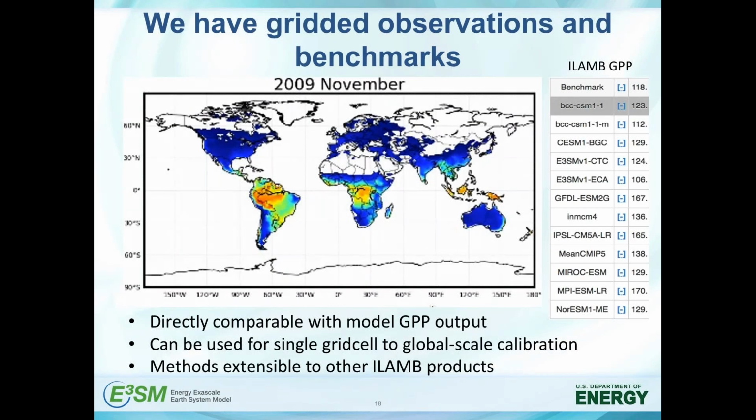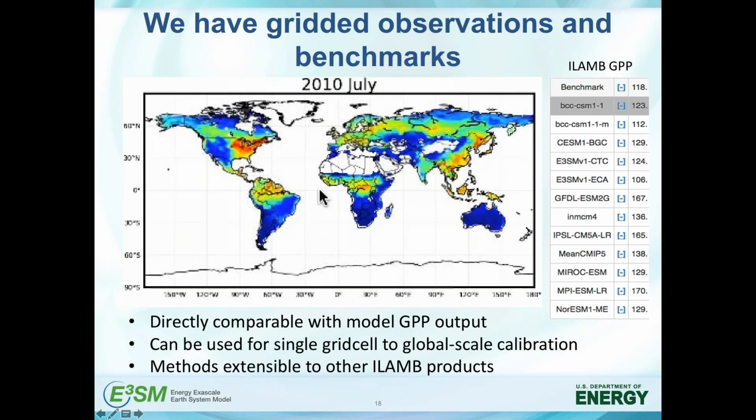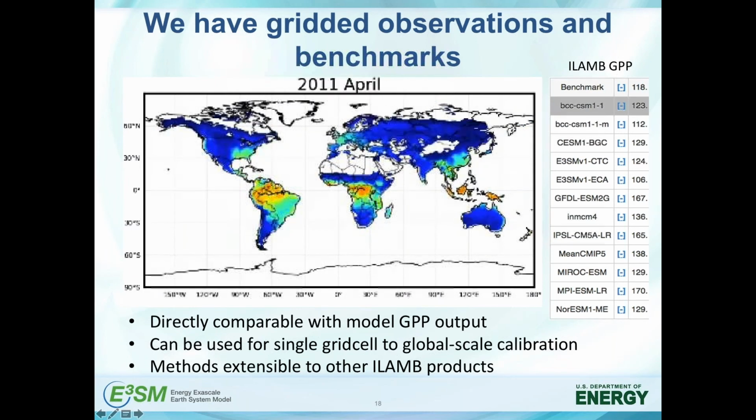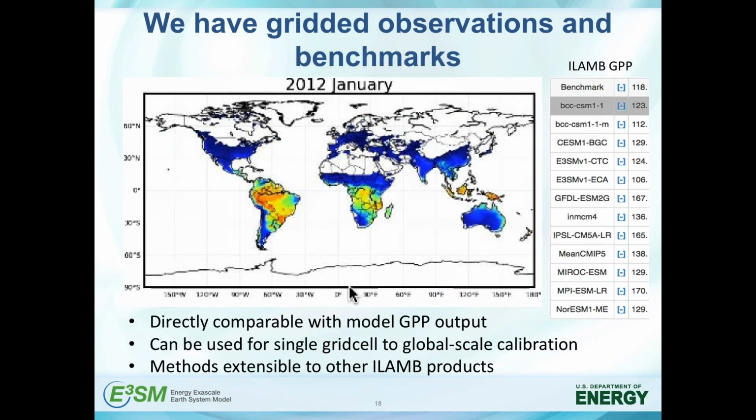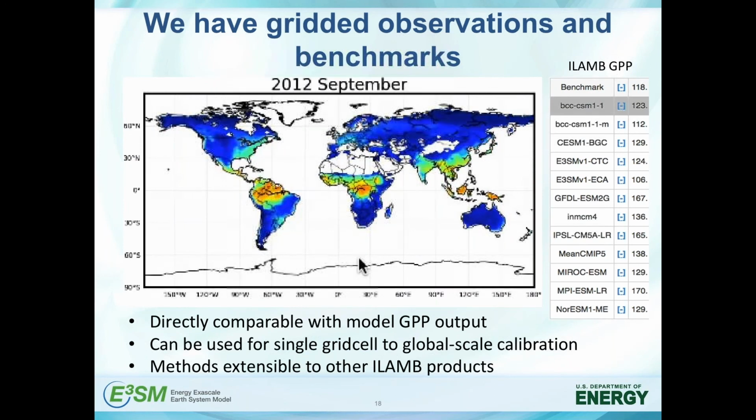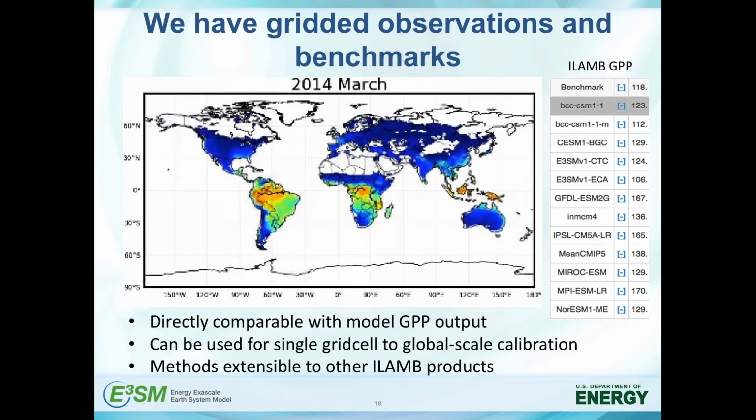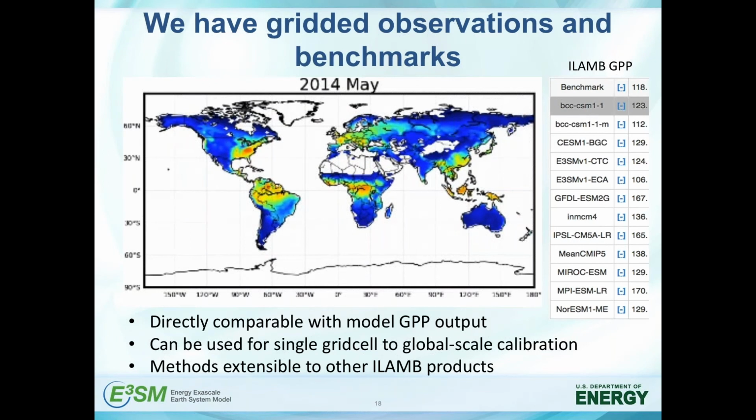So we don't just have model outputs. It's for GPP, the observation that we're interested in. We have gridded observations and we have benchmarks, and so it's something that exists in ELM already that we've spent quite a bit of time looking at in these BGC experiments. And so the nice thing about this, we can play the video here and look at the seasonal and interannual patterns of GPP as well, and it's quite similar to what we saw when we looked at the model ensemble mean.